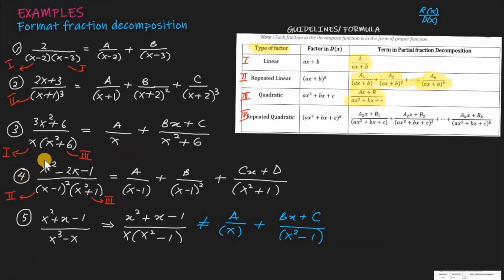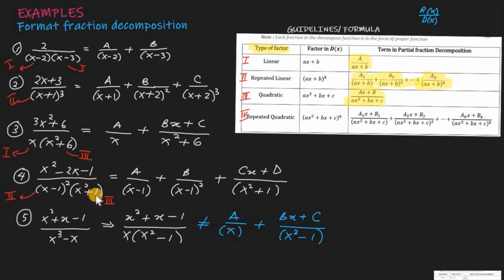Okay, next let's analyze the format on how do we decompose this fraction. So how do we break it up? Again, it depends on your denominator value. As we analyze, this is x minus 1 power 2, case 2. It's a repeated linear. So if it is a repeated linear, it's like this. A single a over x minus 1 power 1, and then plus, I call it b over x minus 1 power 2. If you have it until power 3, you should continue further like this. And then here